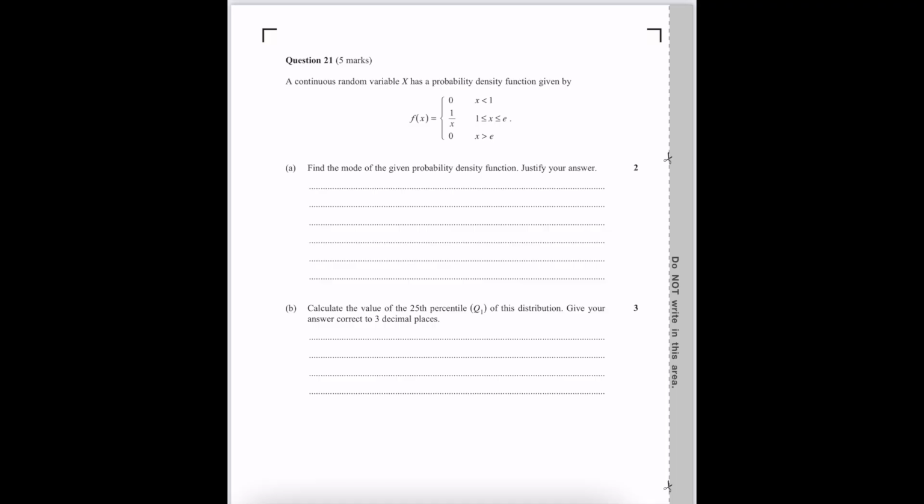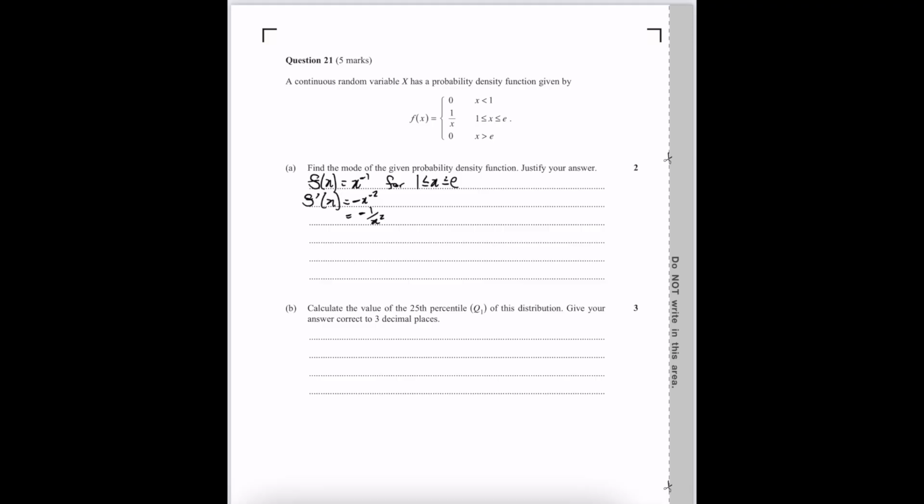the function. So what I would recommend doing, to find that maximum value, is understand whether the graph is increasing, decreasing, just figuring out what is actually happening in this graph. So we have f of x is equal to x to the minus 1 for 1 to x to the e. And that means f dash of x is equal to minus x to the minus 2, or in other words, minus